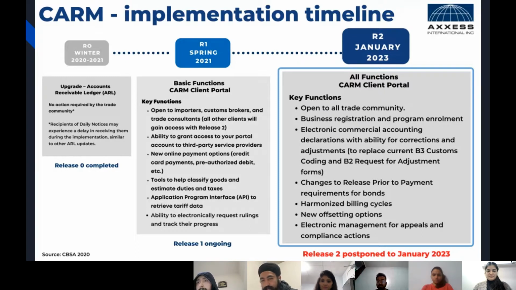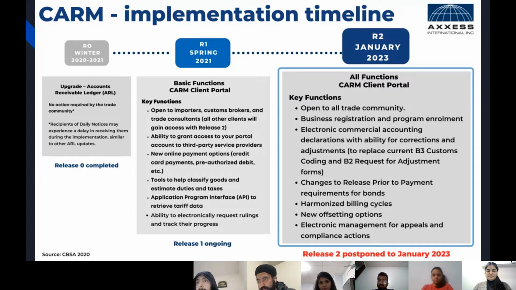Another key function is that new online payment options are provided to the customers, and there are also tools that help to classify goods and estimate duties and taxes.